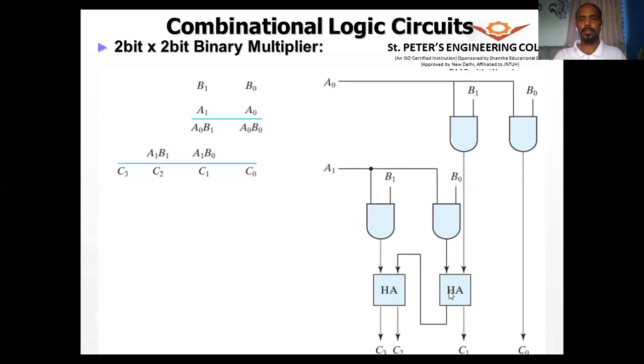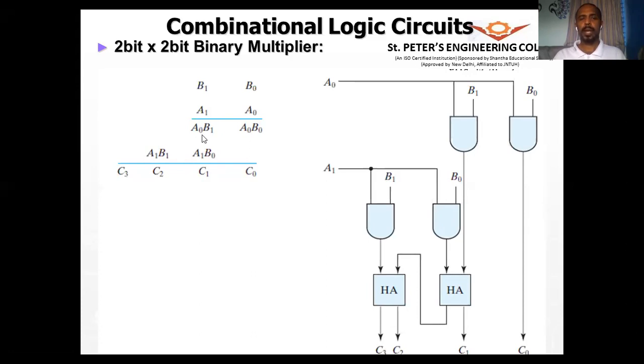So we have seen here we are going to use only a half adder because we are not using any carry from the previous result. So therefore, I've used a half adder here. So this will give a sum and a carry. So the sum is what the C1 is. So the sum is the result C1, and next the carry of this is going,